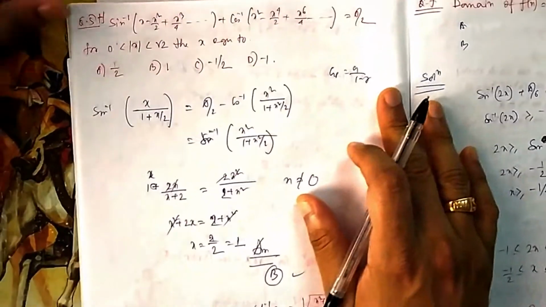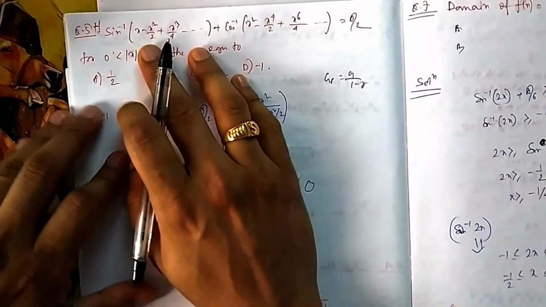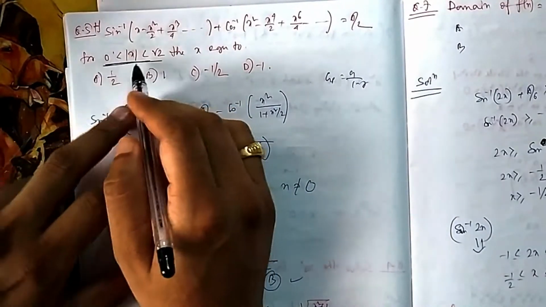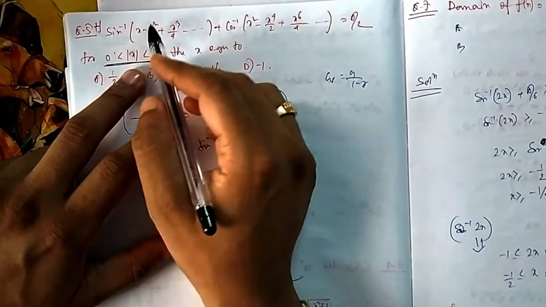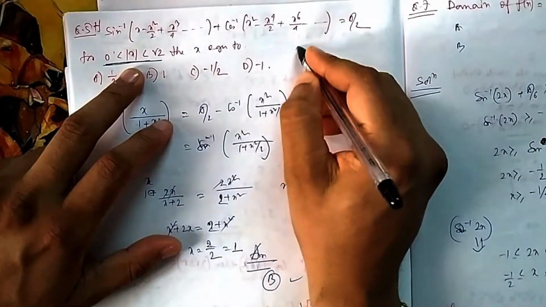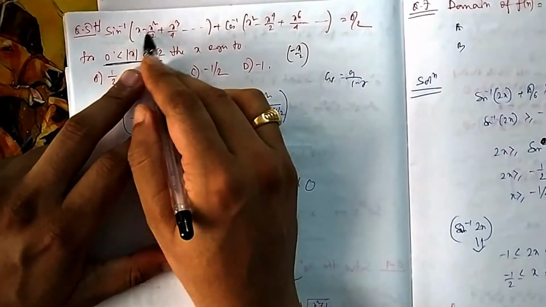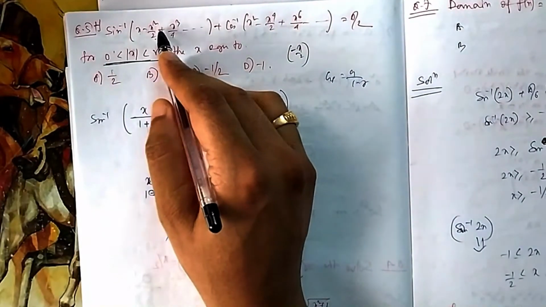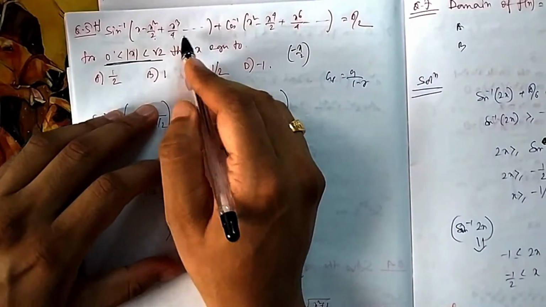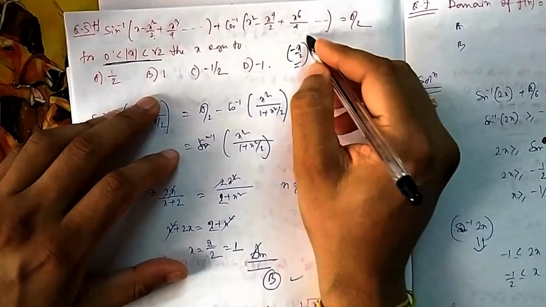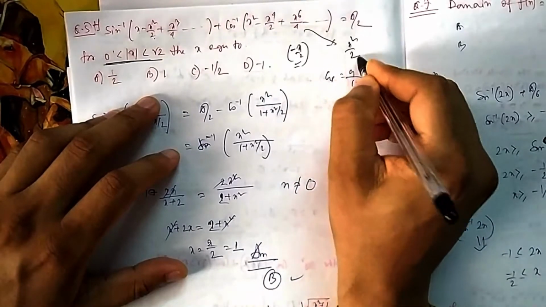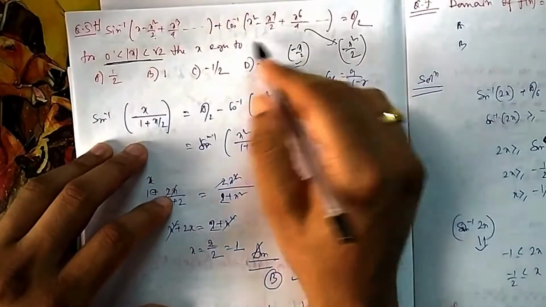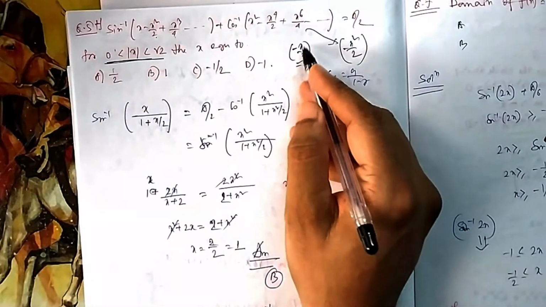Now if you come to question number 5, sin inverse this plus cos inverse this equal to pi by 2. Now if you see this mod, this is given for some intention. What is this intention? You see, this is a GP. What is the GP? It is x by 2, you are multiplying by minus x by 2, so that's why x square by 2, then x cube by 4, then next one will be minus x to the power, so you are multiplying with this ratio, and here you are multiplying with x square by 2 each time. So it is an infinite GP series with this r.